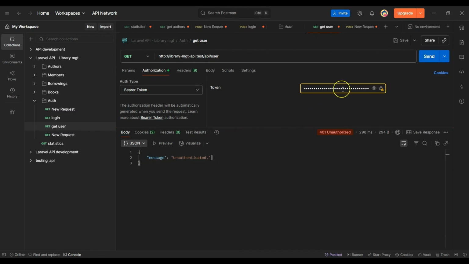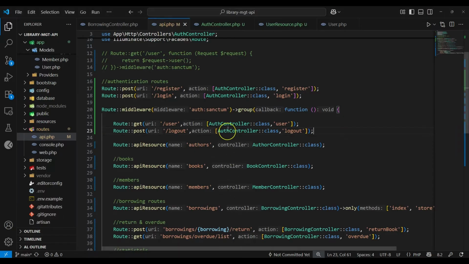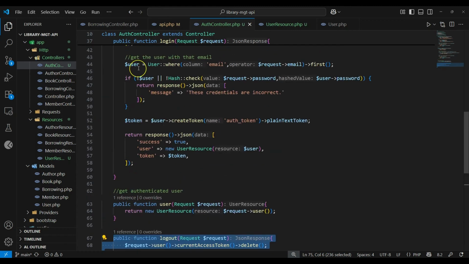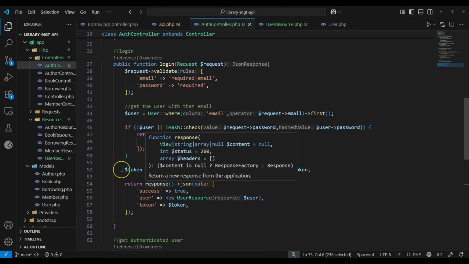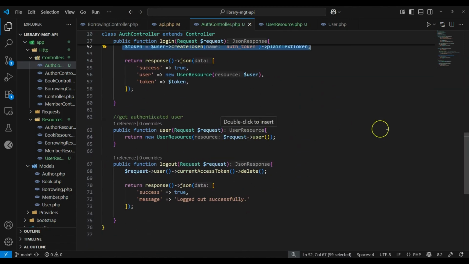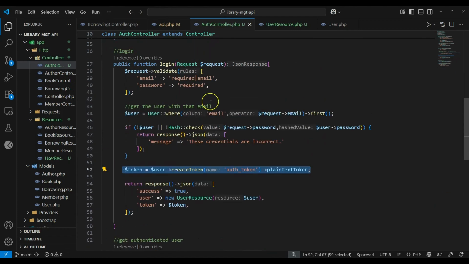It means that this token now is invalid because it was already deleted as we did in our code here. We have just deleted that token. So that token is not available in our database, which means that the user is not valid again. They should log in and then they will be issued a new token. From that token is where they can be authorized to access anything else from our API